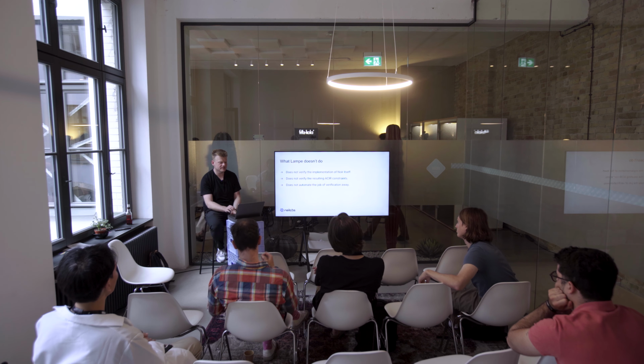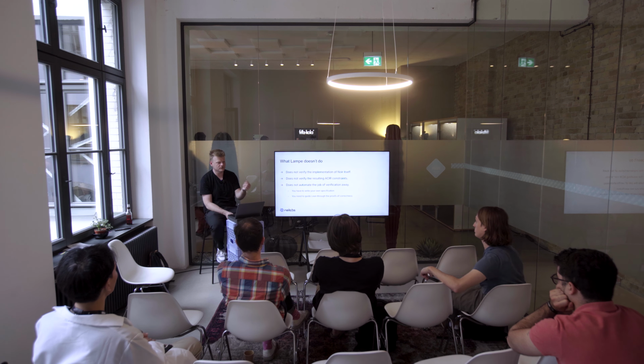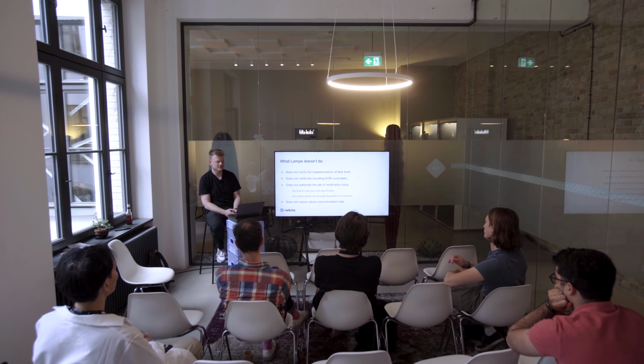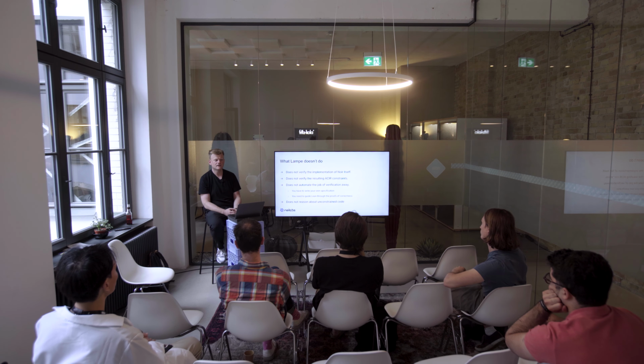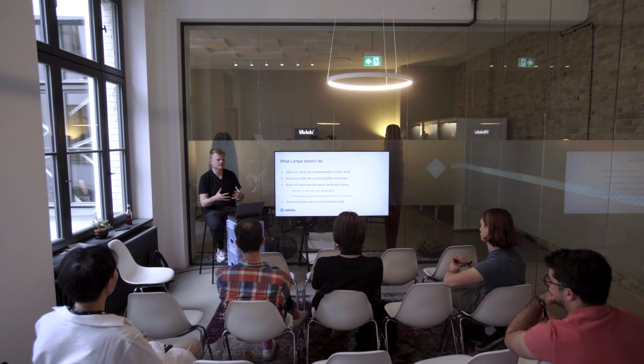Again, it does not automate the job of verification away. You still have to write your specifications, and you still have to use Lean to make sure that those specifications are correct. And it does not reason about unconstrained code. Again, that's by design, because from the standpoint of what is actually being cryptographically checked, the unconstrained code doesn't matter. It could not be there, and the constraint system would be exactly the same.